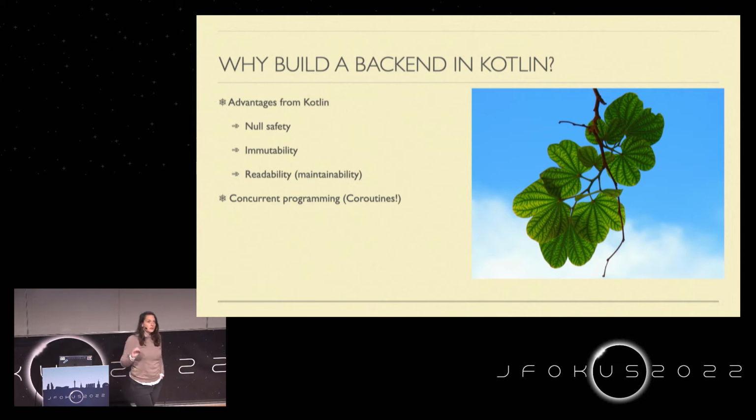The most distinguishing argument would be concurrent programming using coroutines in Kotlin. Java doesn't have any kind of that feature. Project Loom may be coming up. So if you want to do concurrent programming, Kotlin is the way to go. And as you will see today, with Kotlin you're able to build lightweight applications. So that's pretty awesome as well. Last but not least is the use of domain-specific languages, DSLs. You will see during the talk that lots of the Kotlin ecosystem is using DSLs a lot. And that means that, again, your code is becoming more readable and more maintainable.